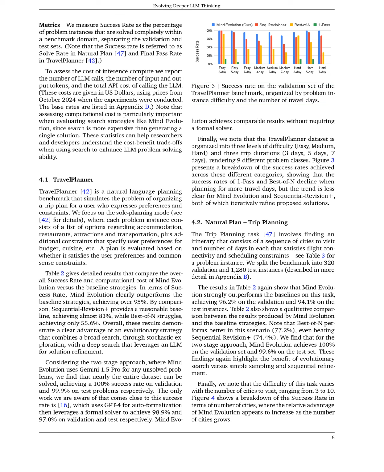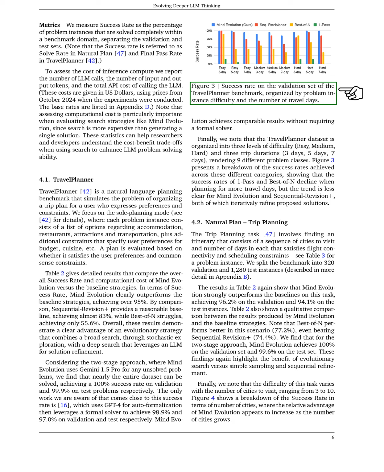Section Summary. In this section, we utilize the Gemini 1.5 Flash model as our default for experiments and explore a two-stage approach with the Gemini 1.5 Pro model for more complex problems, demonstrating that mind evolution outperforms baseline strategies in both trip planning and meeting planning tasks, achieving high success rates. We also emphasize the importance of evaluating computational costs alongside success rates to understand the trade-offs in enhancing LLM problem-solving capabilities.